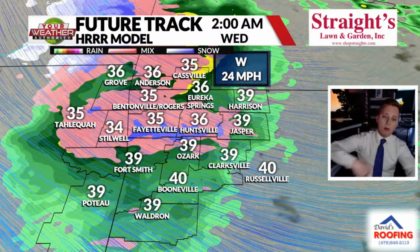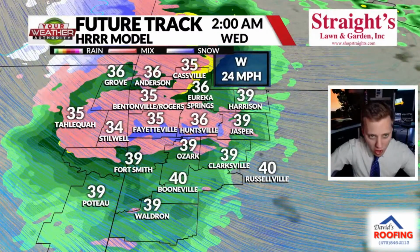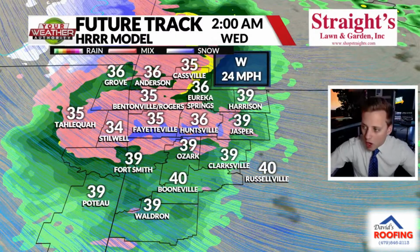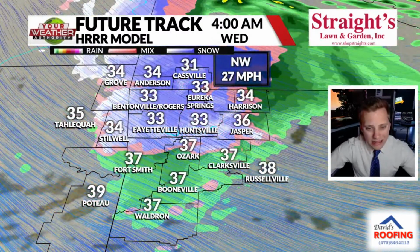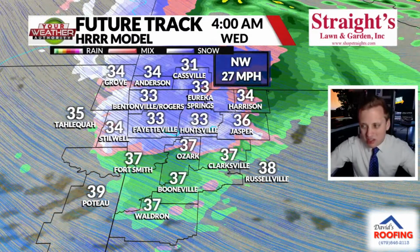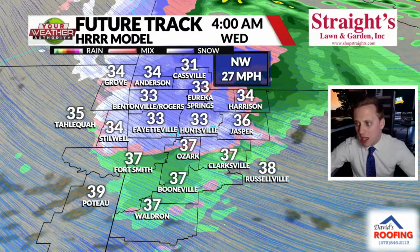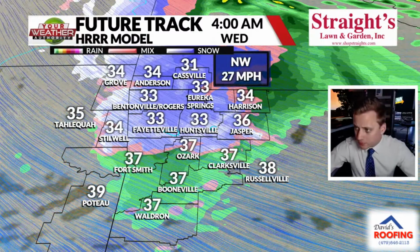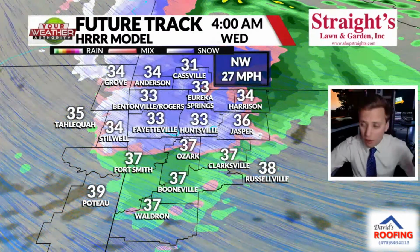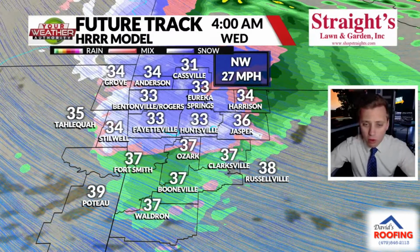And it makes sense. This is that wraparound precipitation with that low pressure system. So rain-snow mixture, certainly not out of the question, right around 2, 3, 4 o'clock in the morning. Notice those temperatures, though. A little bit above freezing, maybe just a touch below it. But because we've been so warm over the last several days, because this will be a quick-moving area of rain and snow, and also because the temperatures, again, are marginally at or above freezing, we won't see a whole lot